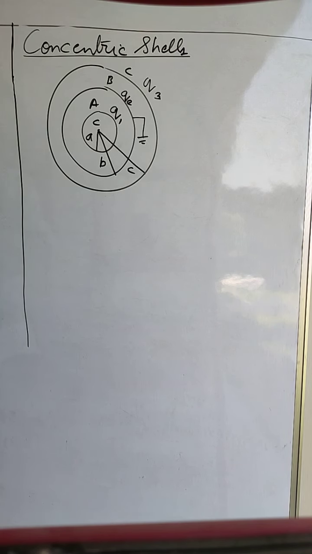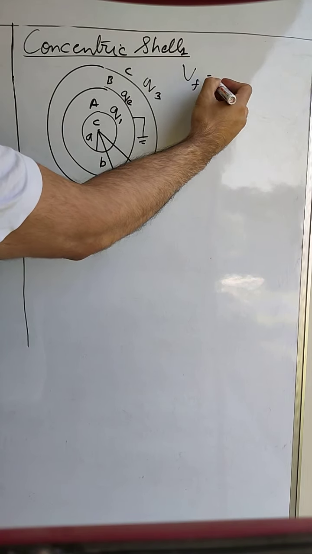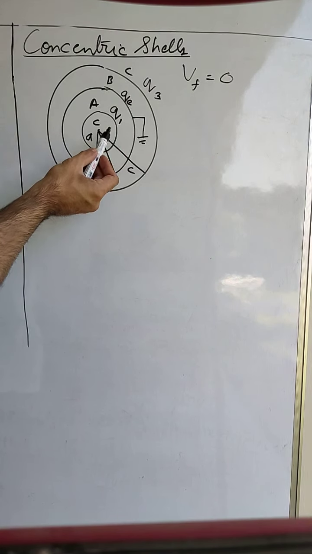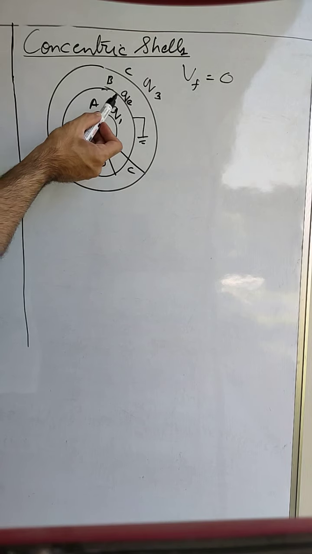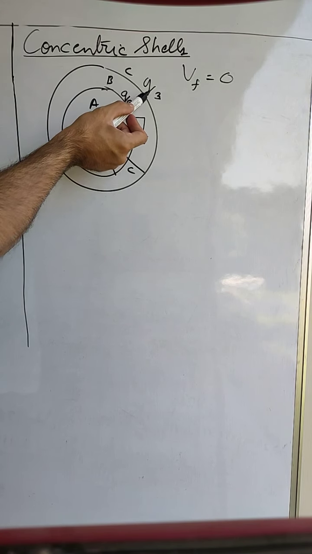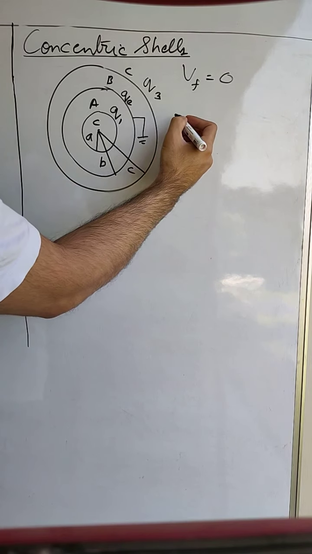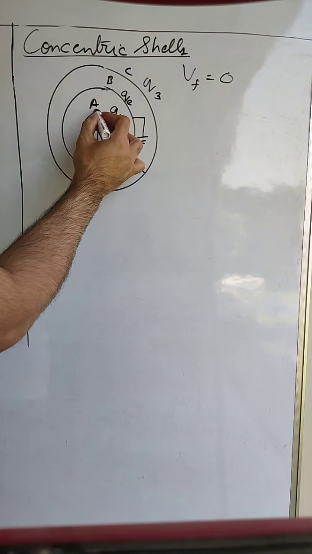Now this is the condition after connecting it to the earth. Now this charge QE is coming on B, so that the final potential should be equal to 0. This is the work of earth, to make the potential equal to 0. Now what is the total potential on the shell B? Total potential on shell B will be due to Q1 charge on shell A, due to QE charge on itself and due to Q3 charge on the outermost shell C. So if we write the equation,